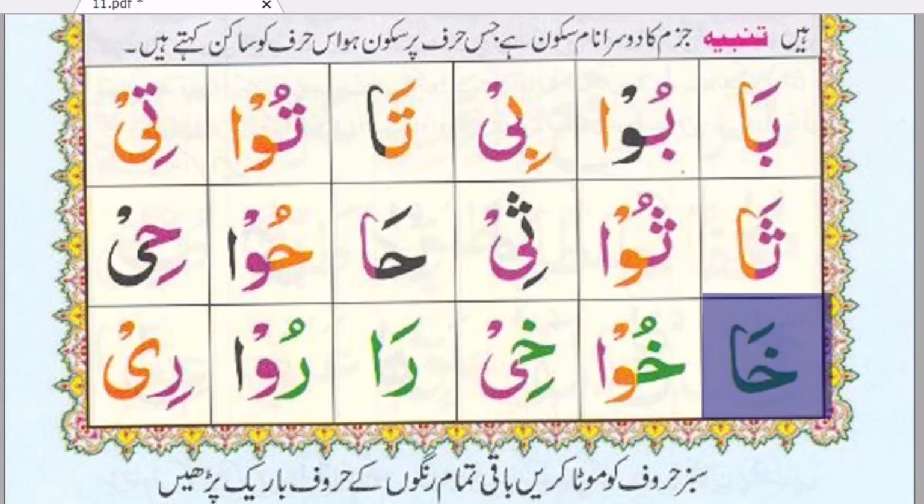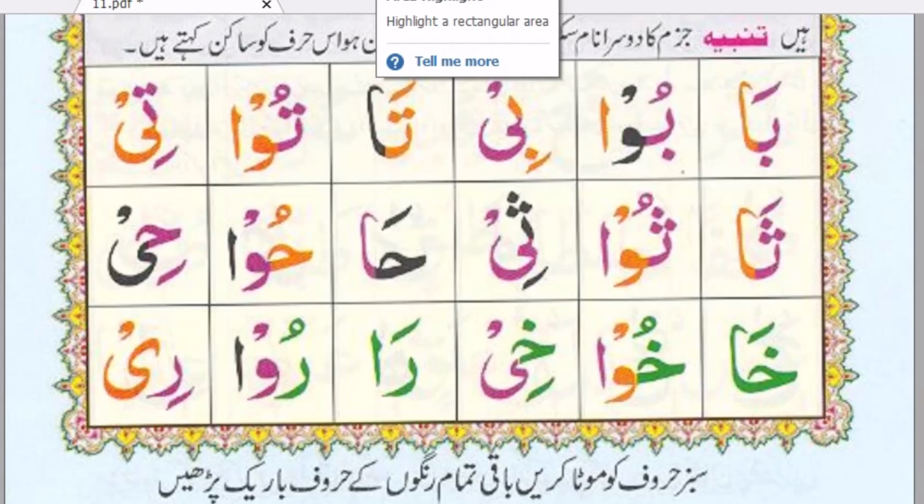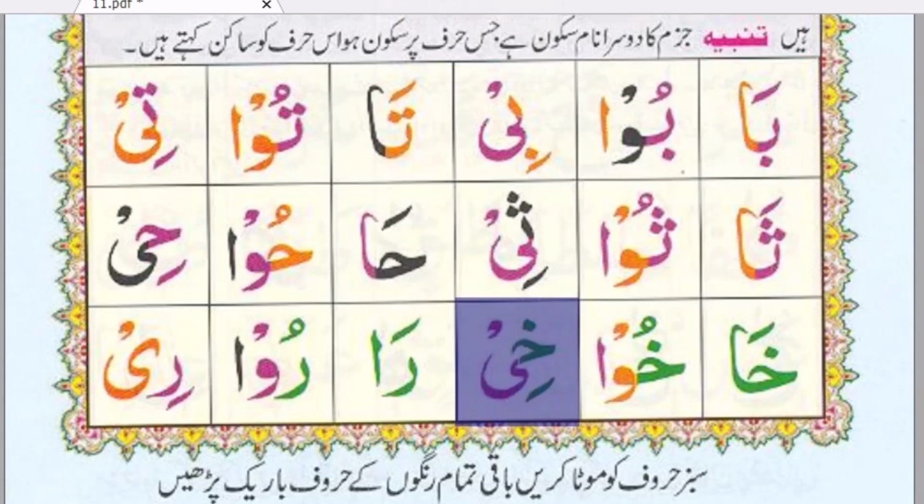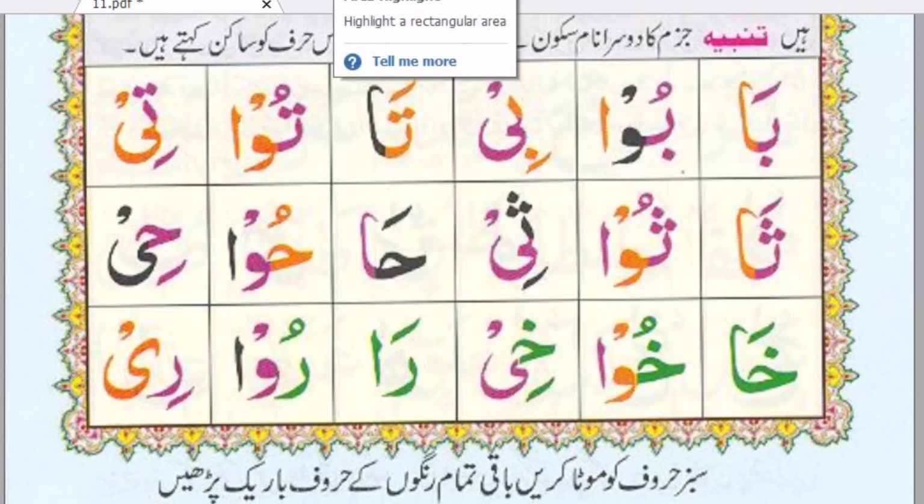Kha Alif Fatha, Kha, Kha Waw Dhamma, Khu, Kha Ya Kasra, Khi. Next is Ra. Ra Alif Fatha, Ra,